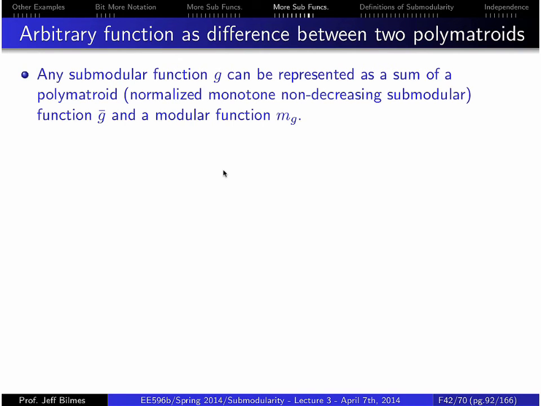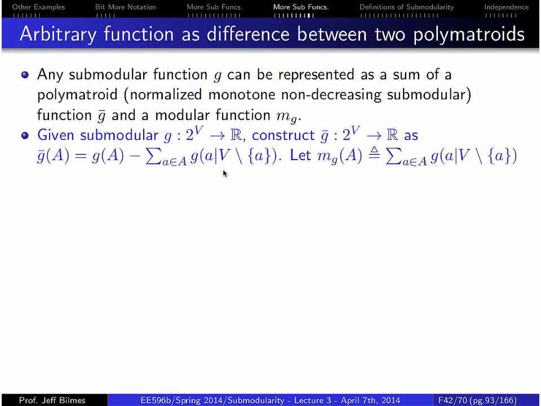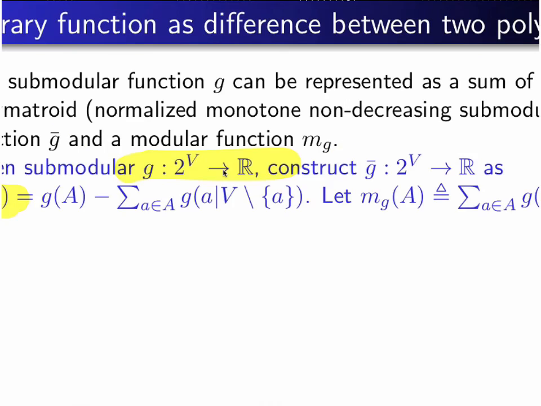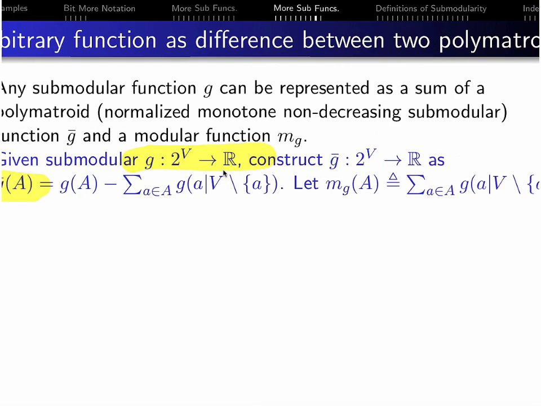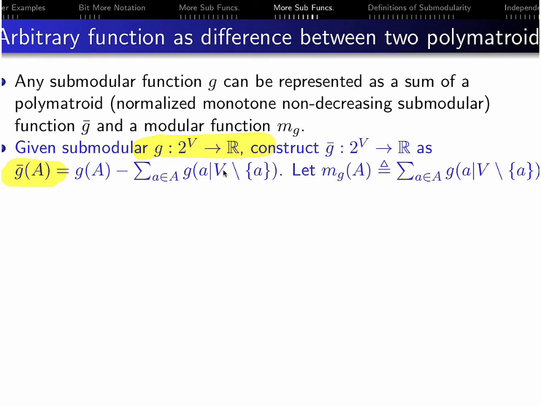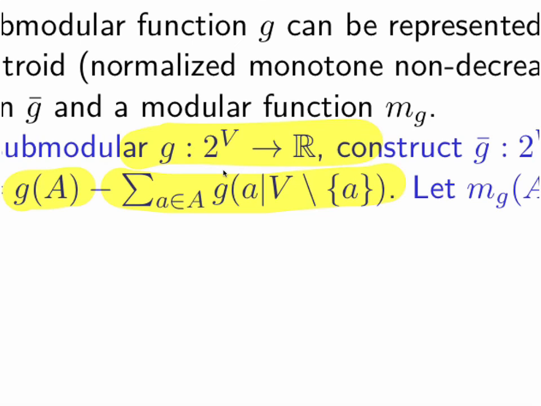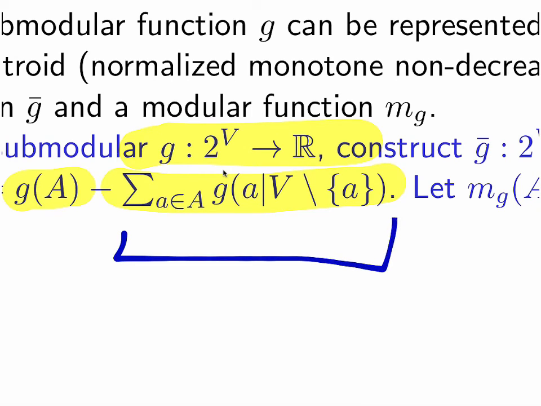So now how do we show that? Basically, we say, okay, here's some submodular G, and let's construct G hat. Maybe I can zoom in on this so we can see it a little bit. This is unfortunate, I can't zoom in today. It's strange how on Wednesday I was able to zoom, whereas today I can't. So G hat of A is equal to G of A minus this thing. Now this I think we can zoom in on. So what is this thing? It's a modular function, but it consists of